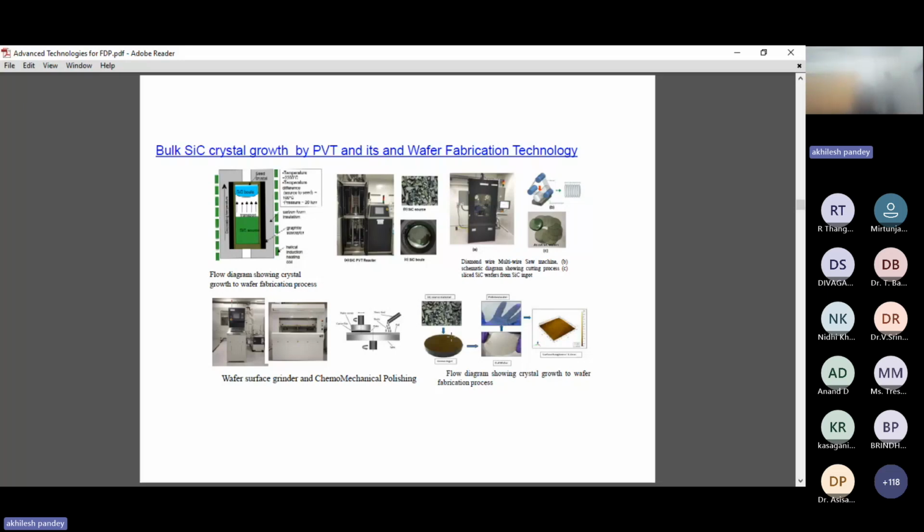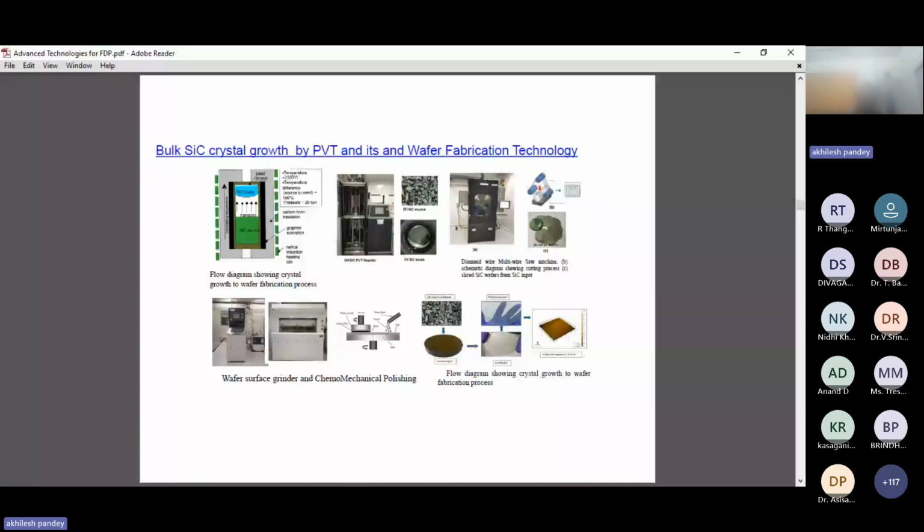The silicon carbide vapor is transported, and it forms the silicon carbide boule onto the seed crystal. So you can see that the temperature is around 2200 degrees, and the source to seed difference is around 100 degrees centigrade. This is the flow diagram showing the crystal growth and the various fabrication processes. This is the silicon carbide PVT reactor furnace, and this is the silicon carbide polycrystal, and this is the silicon carbide